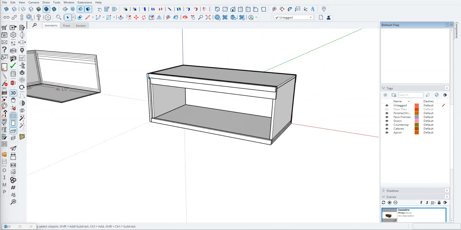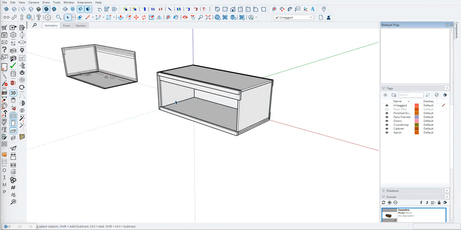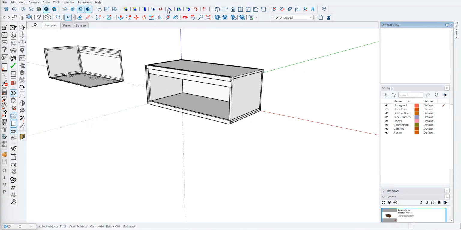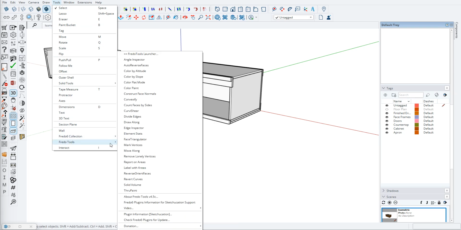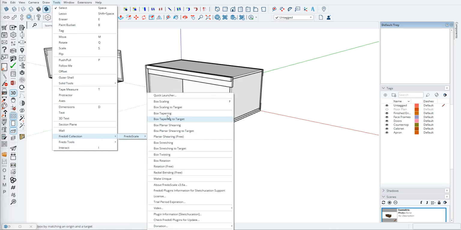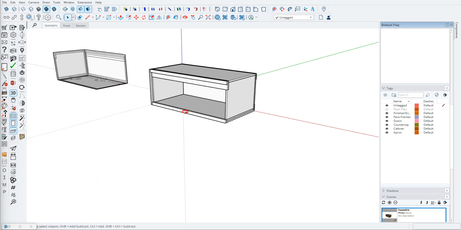Use a regular scale tool for individual pieces, but when you start getting into more complex drawings, you'll see that the scale tool will distort the drawings as you scale. So very, very critical tool right here, this box stretching tool from the Fredo scale. Here, I'll show you right there. If you go to their tools, you'll see right here, the Fredo 6 collection Fredo scale. It has all these other tools that come with it, but honestly, the only one I use is the box scaling, or the box stretching, which is this guy right here. So anyways,